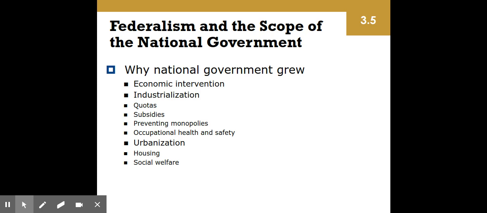And then health and safety. This was another problem. There was a patchwork of health and safety. Some states didn't care at all. Others had more strict regulations. But at the same time, businesses didn't want to go there. So those states said, look, we want to protect our people, but at the same time, businesses won't come here, so that's not fair. And so the national government also got involved with that, particularly with the agency known as OSHA. And urbanization. Cities growing in a lot of different states needed help with housing and social welfare programs to address poverty, domestic abuse, crime, all these other types of issues.